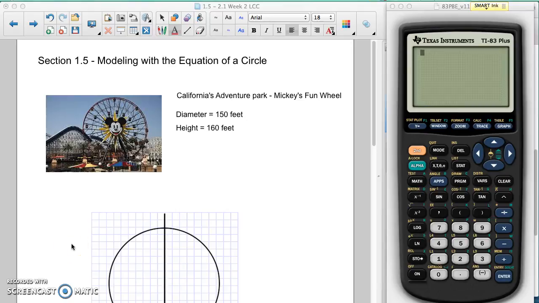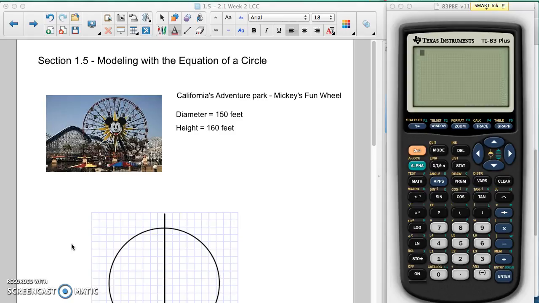Hello and welcome back. This video will cover section 1.5 again, but it will be on modeling equations of circles. So what I've done here is there are a couple applications in the book about Ferris wheels. I've looked up a Ferris wheel in California at California Adventures. It gave the dimensions of the Ferris wheel, and we're going to use those dimensions to model an equation and answer some questions about the